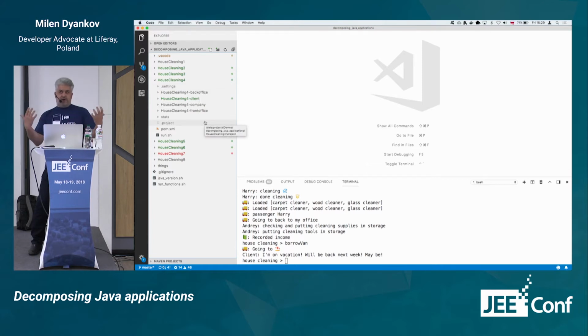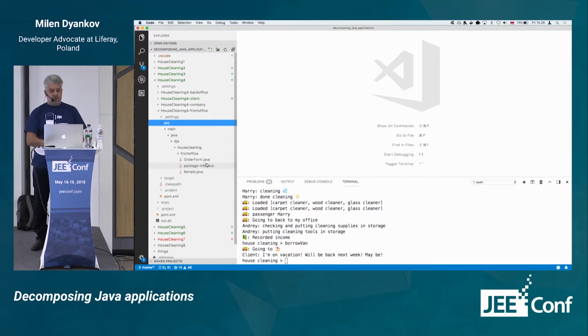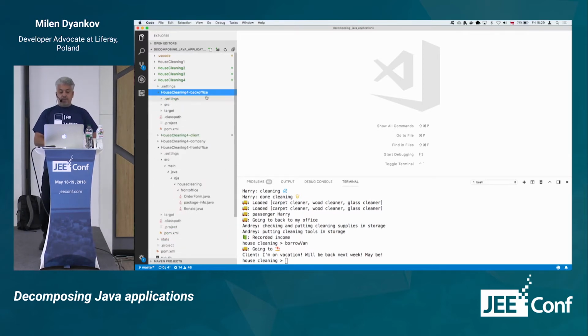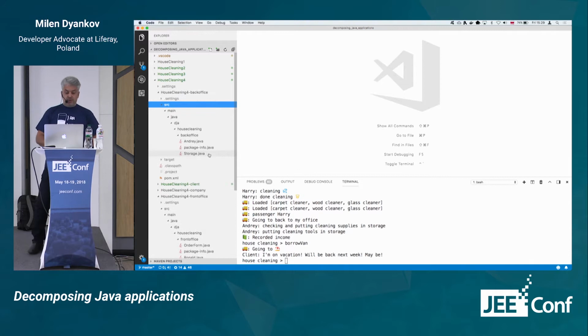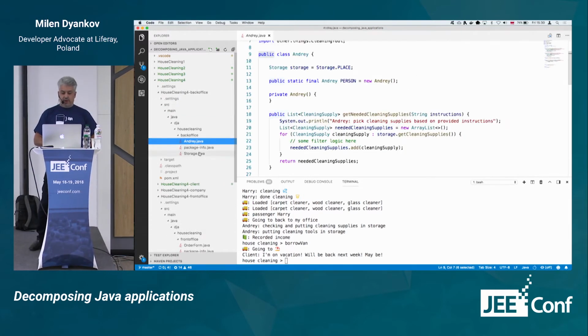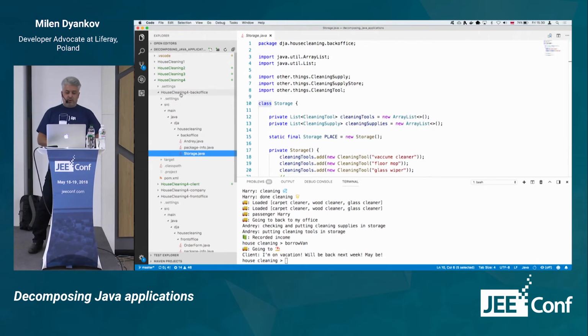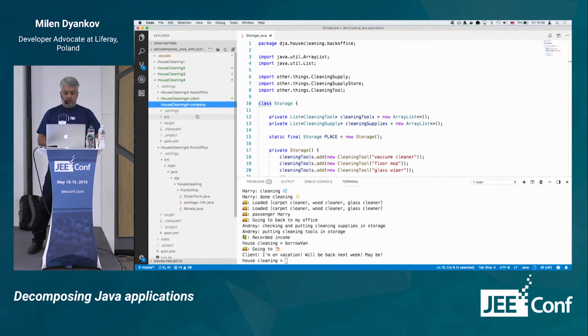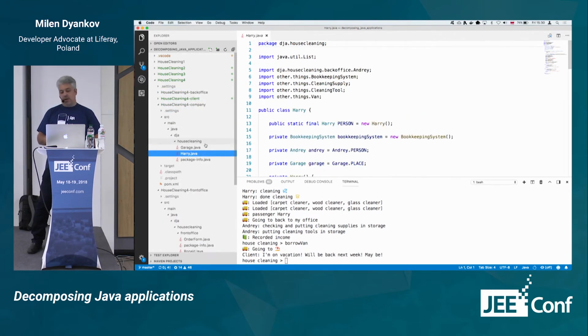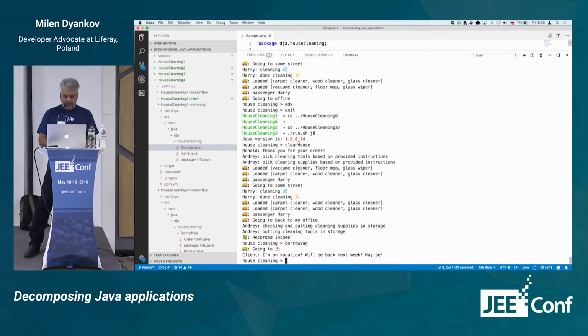In which we divide or decompose, if you prefer, the application in a different way. So we now have, again, the front office, which is Andre with his form. Nothing changes here. Now we move Andre to the back office, together with the storage. So now Andre is responsible for the storage, right? And then we have the company where there is Hari and the garage, right? And if you try to do that,